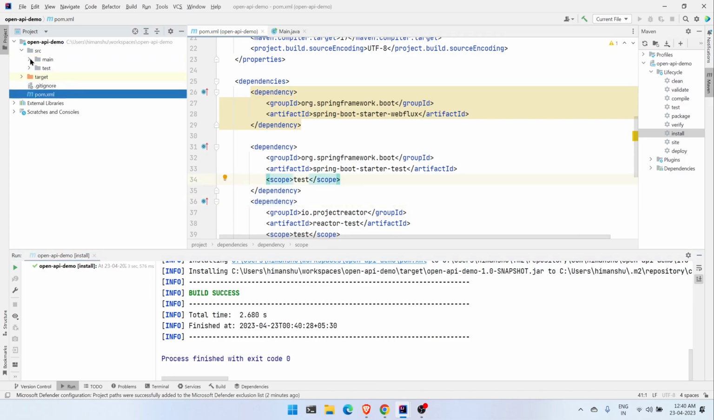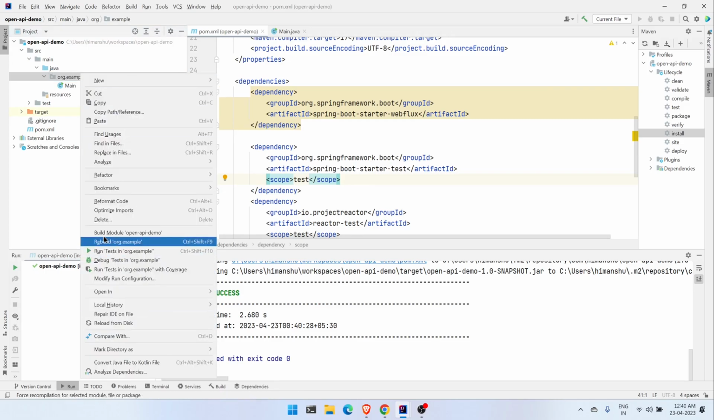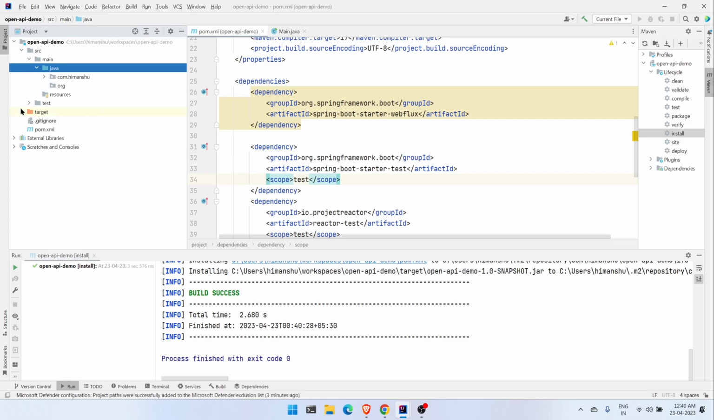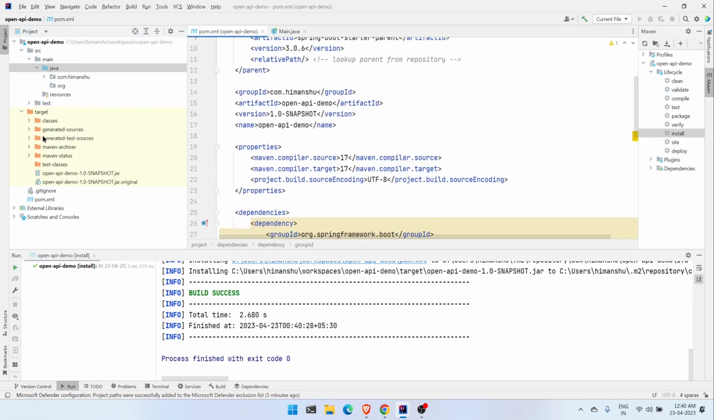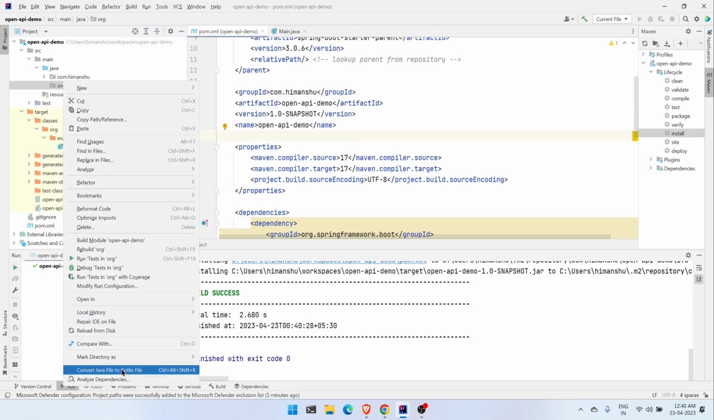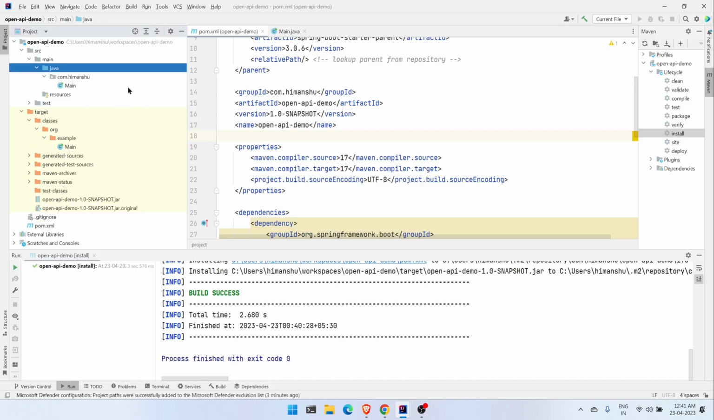Let's see what we get. Source main Java. Okay, this is the previously generated one, so we can refactor it. We can say that com Himanshu. Alright, and then in the target we should expect that the target should be as per our Maven. So we say classes. Okay, I think we don't have any, so right now just delete the org folder, and in the Maven